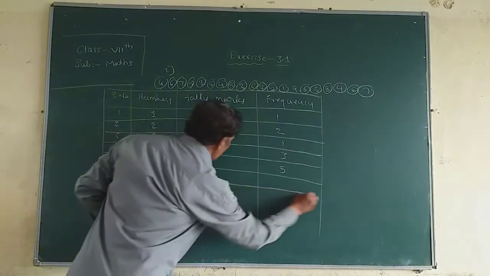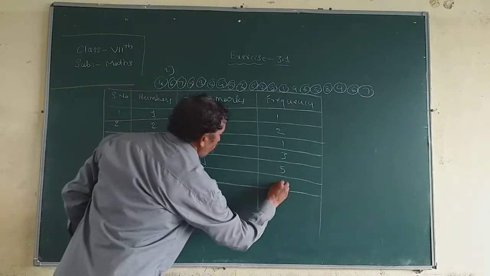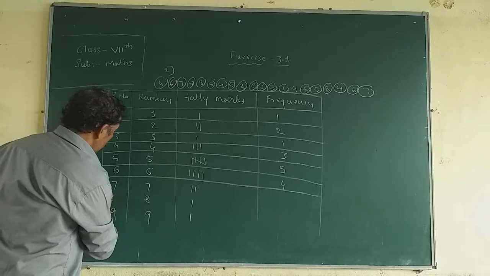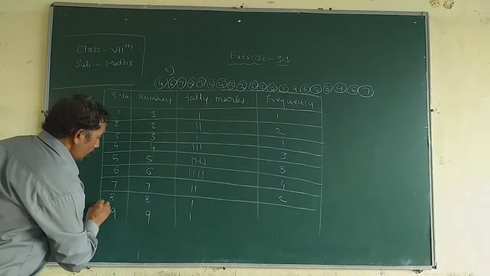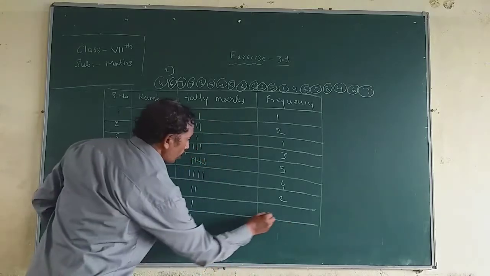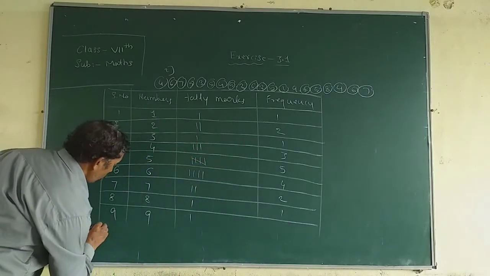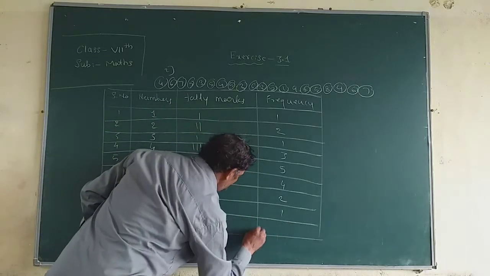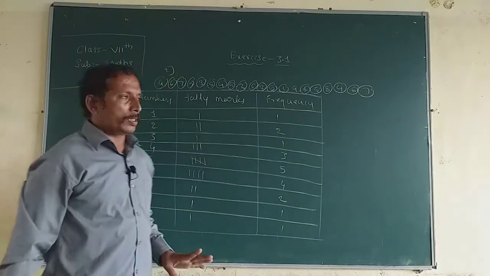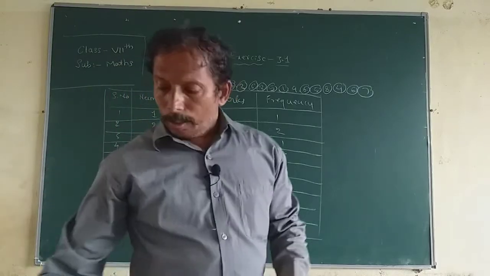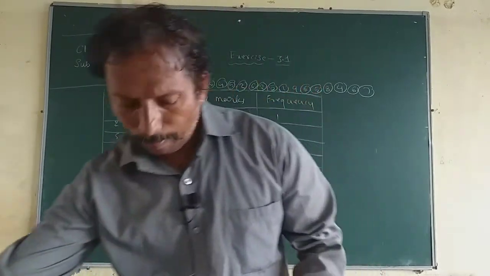Sixth one is 4. Seventh one is 2. Eighth one is 1. The ninth is 1. These are the frequencies. Now the questions are, first one,